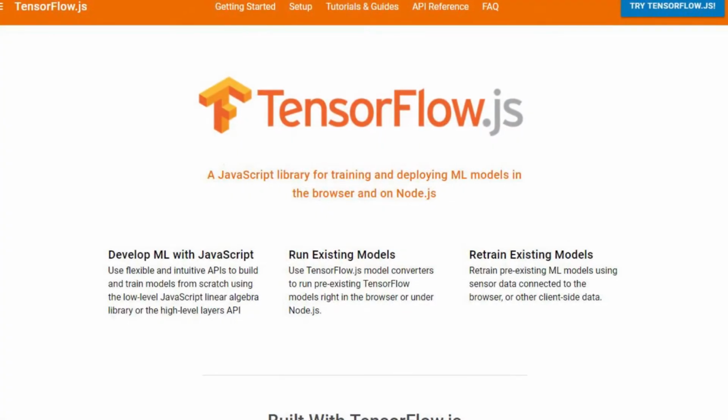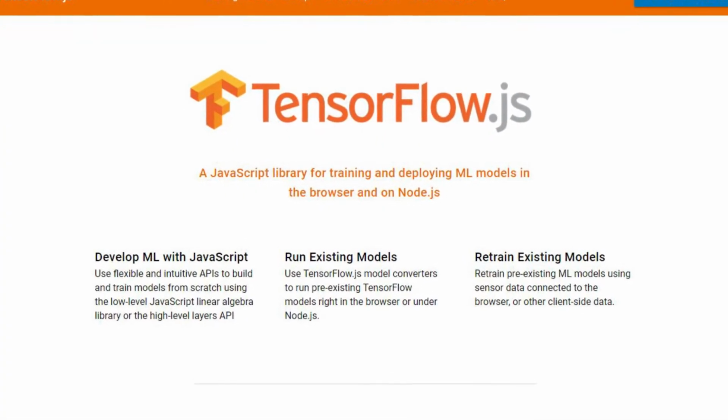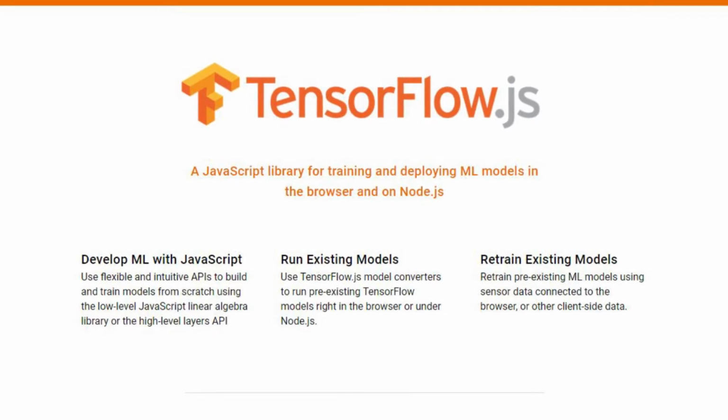Also it supports libraries like TensorFlow. TensorFlow recently released TensorFlow.js, which means you can now code TensorFlow in your web applications. That is really helpful for people coming from a web development background. So even now they have an edge. If they know JavaScript, they can move into machine learning also.